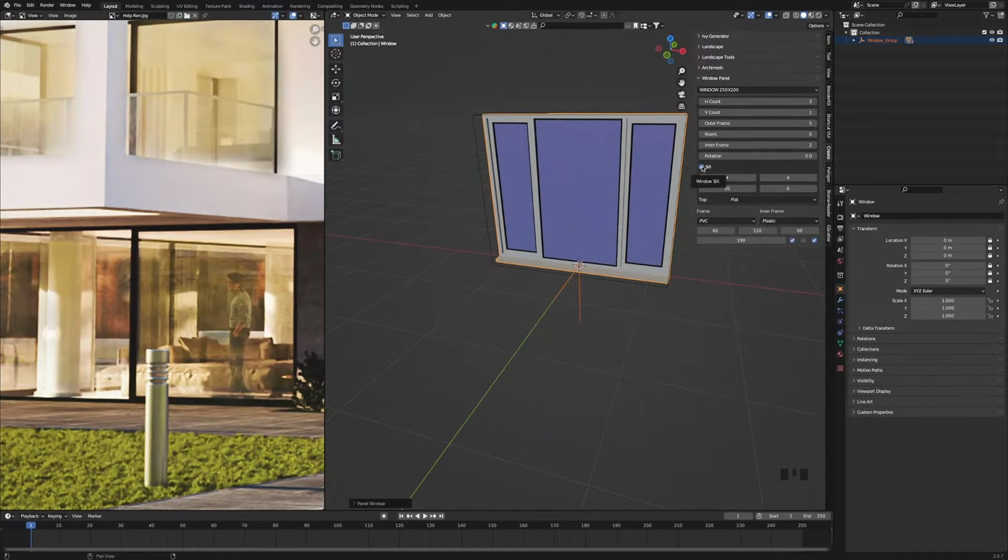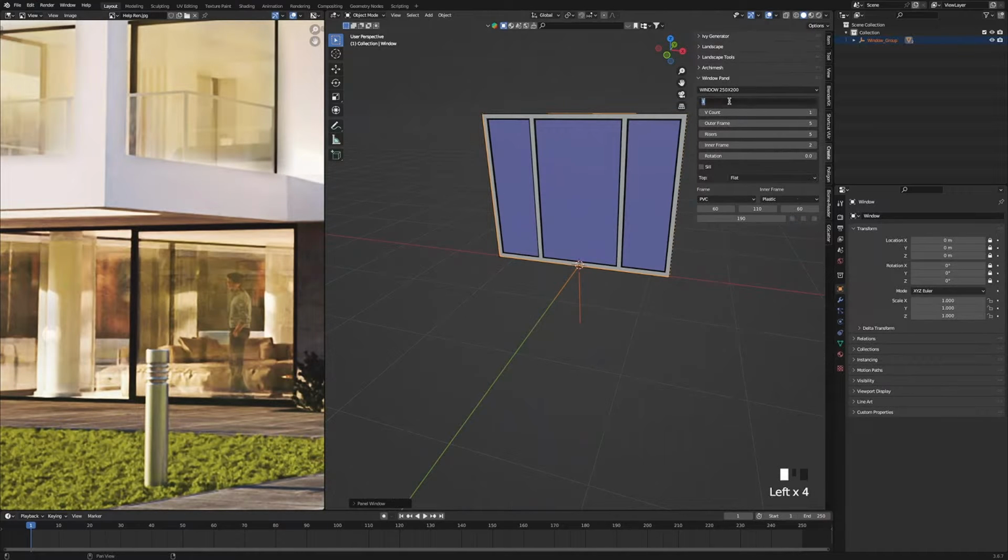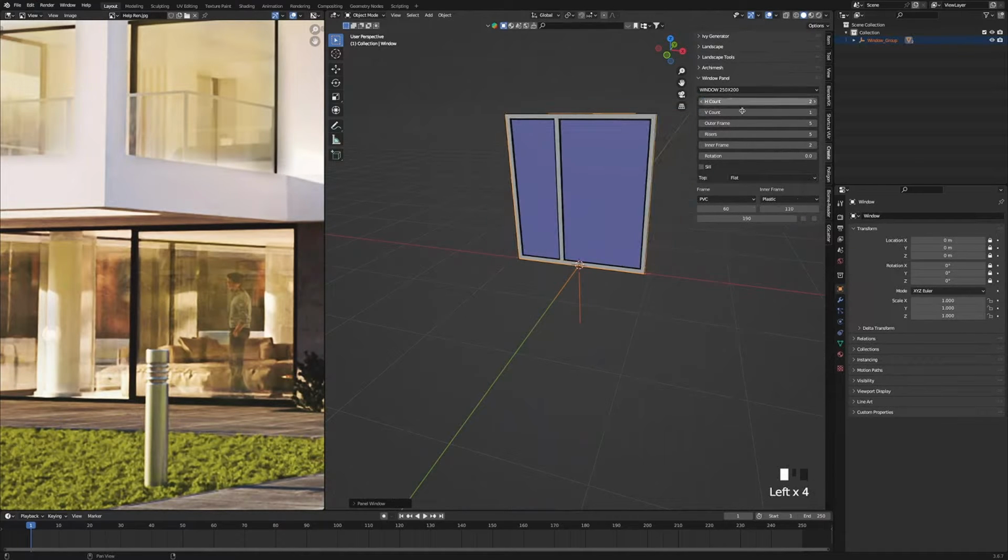We want ours to have no sill, no extra frames, and we want the panels to be 2, and we want the height to be 210, and we want the width of both of the panels to be 180.